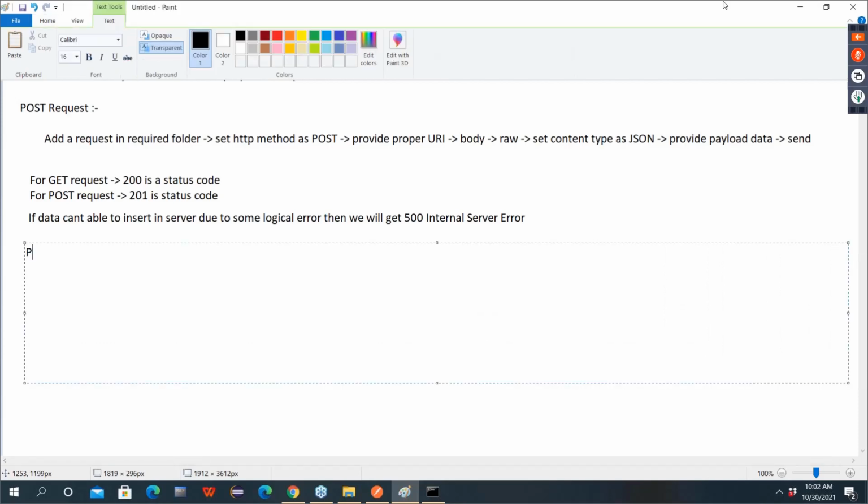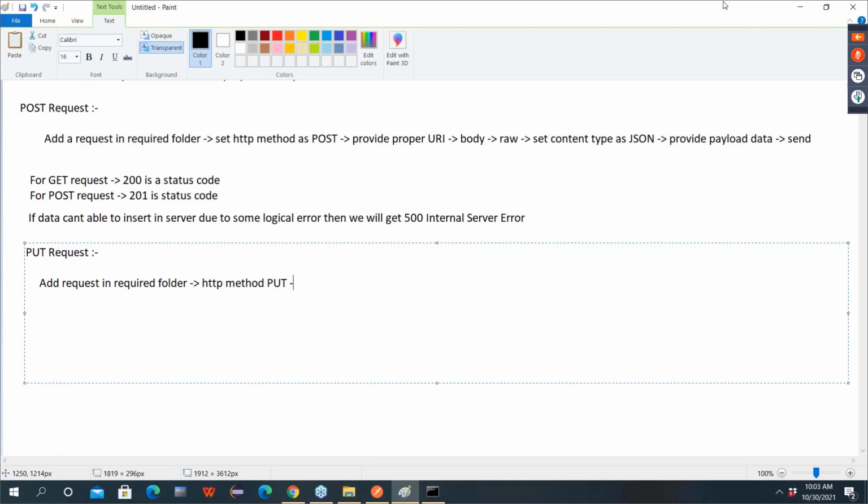So here we will say put request. Now, how to do this? Add a request in the required folder. Then the HTTP method, what is that?